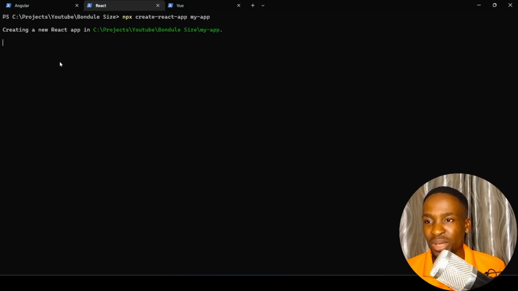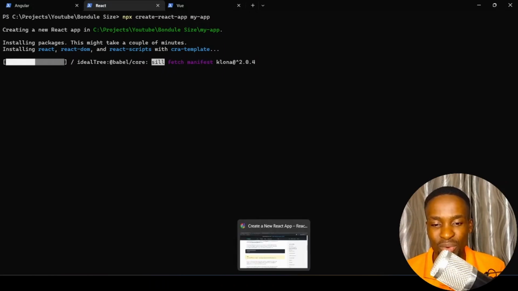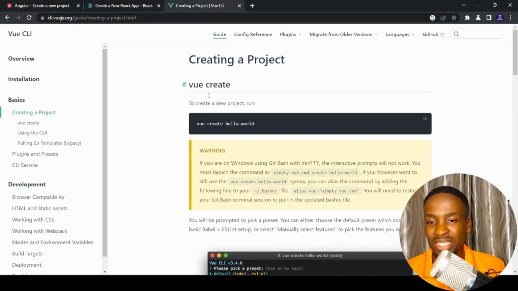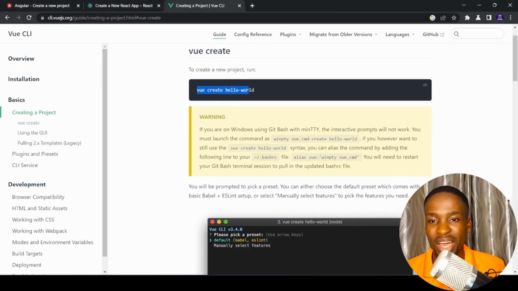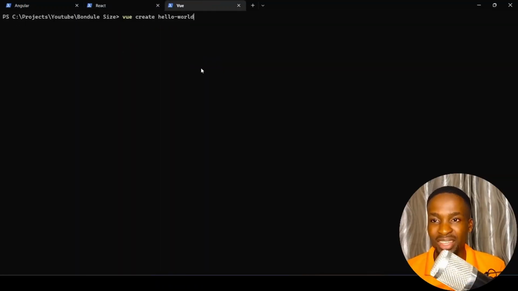So let's wait for this. So this is going to install the necessary things for React DOM, and every other thing. So while that is installing, let's just go ahead and install that of the Vue. So for Vue, we have vue create and the name of the application over there. So let's come over here and